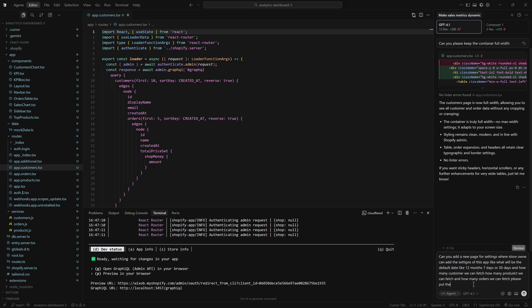Please put the default values there as well,